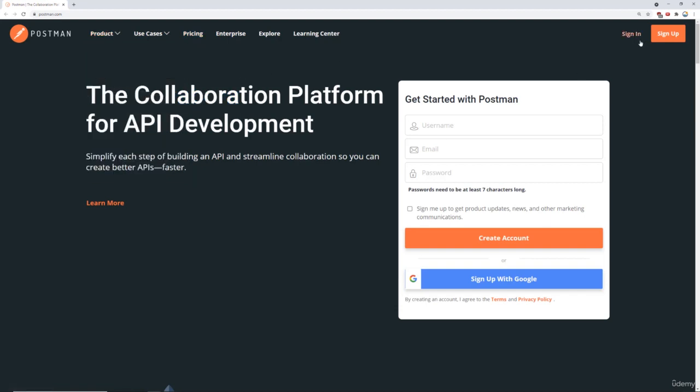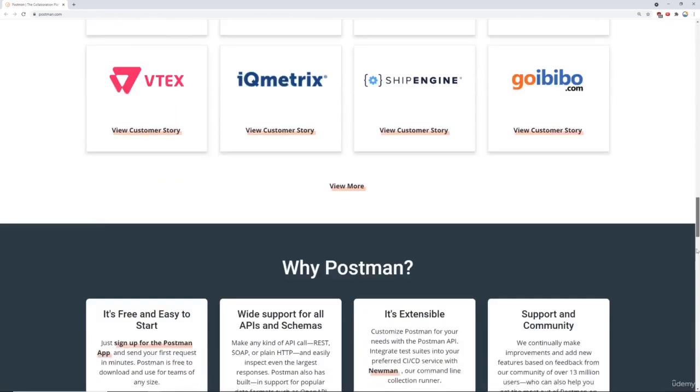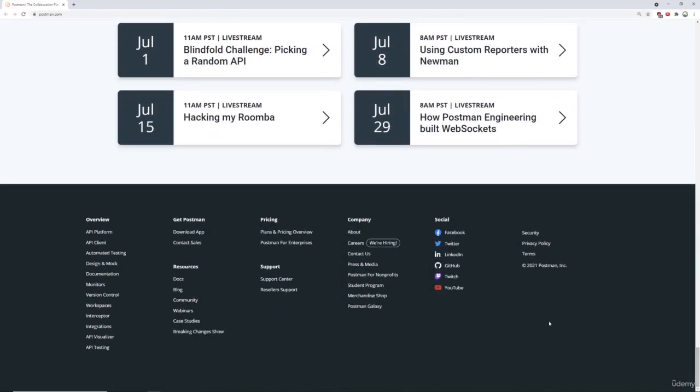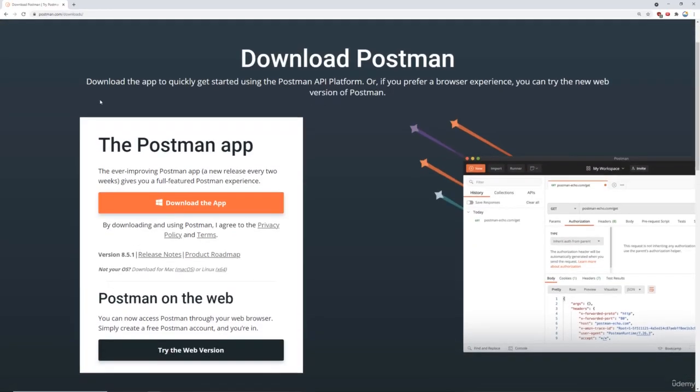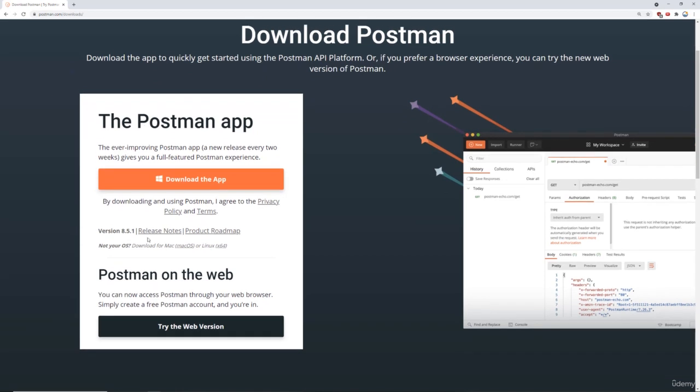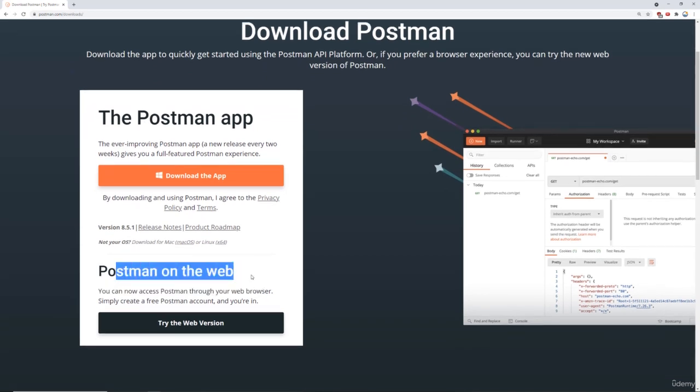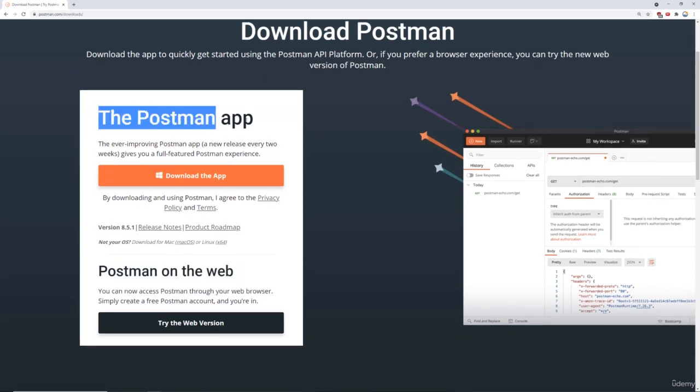As I mentioned, there is the ability to sign in and sign up for their online platform, but if you scroll all the way down to the bottom or search the page, you should be able to find the actual application, or just Google search Postman app. Click here, and under postman.com/downloads, you should be able to find the Postman app. Again, there is a website version that runs in the browser, but we're actually going to be using the Postman app. So go ahead and click on Download App, and then it should give you the option of whether you're